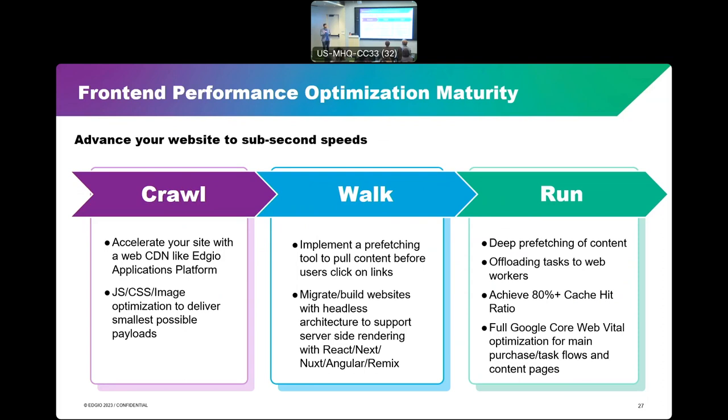service-oriented architecture, where you have APIs and things broken out in different layers, that's easier to cache than a monolithic system. So many companies that build their own technology are probably already on these kinds of architectures. But if you buy things off the shelf, it may be more of a monolithic architecture, and you might be a little bit more limited. And then finally, how do you run? How do you go as fast as possible? Get your cache hit rate up, do the optimizations, make sure you're passing Google Core Web Vitals, and at that point, you're going to be able to provide a great experience performance-wise to your customers.